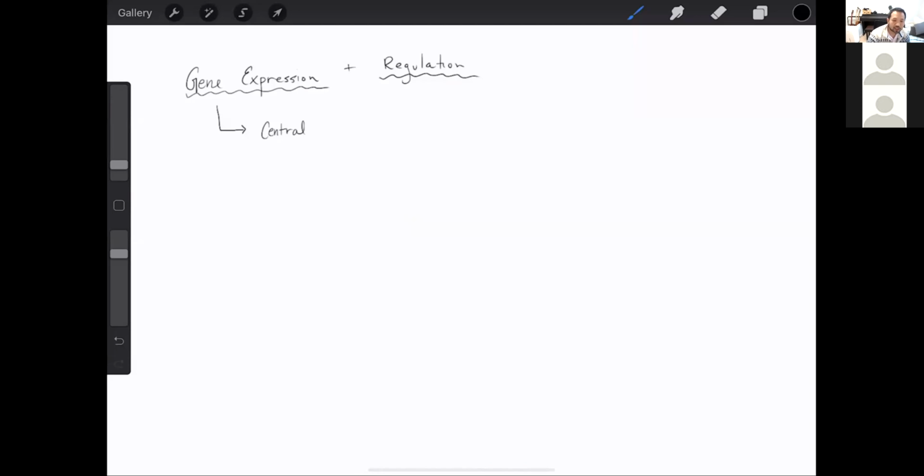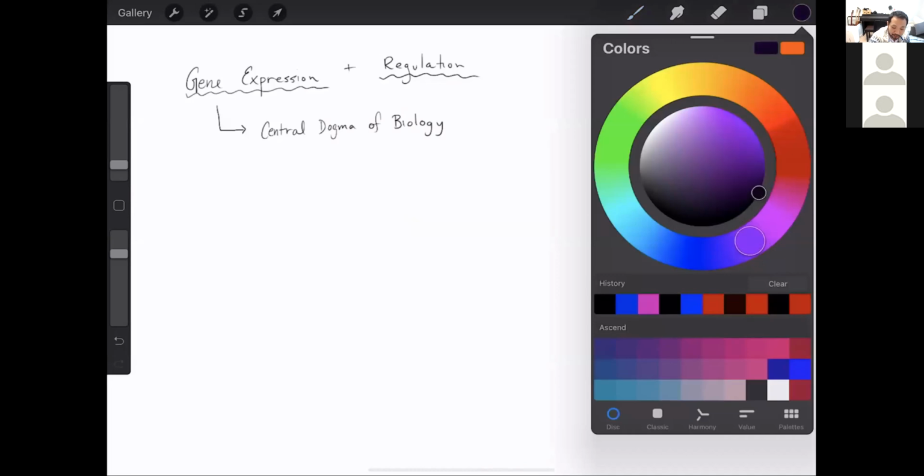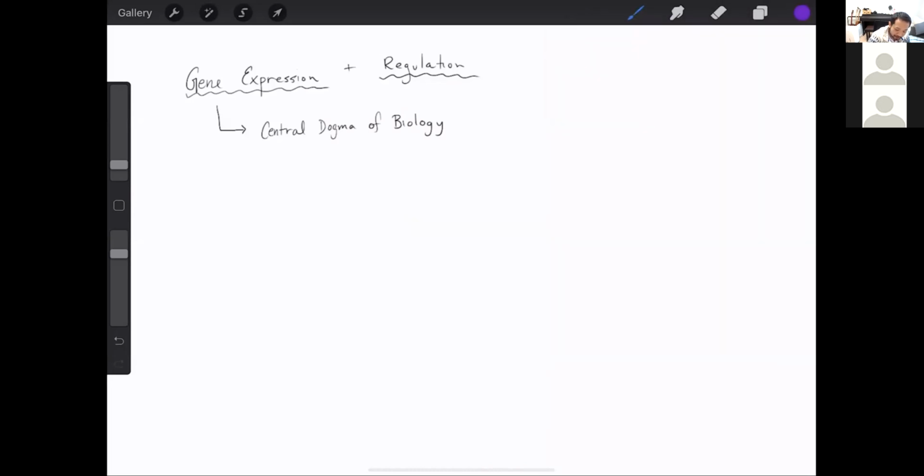Now we're talking about gene expression as a review first. And as I said, this gene expression can be understood as what we call the central dogma of biology. So again, this is something that we've learned before, but the main idea behind the central dogma is that you have DNA,